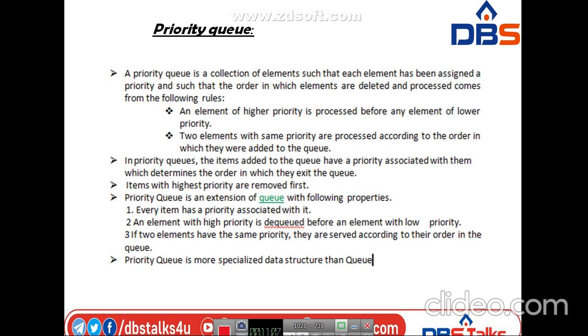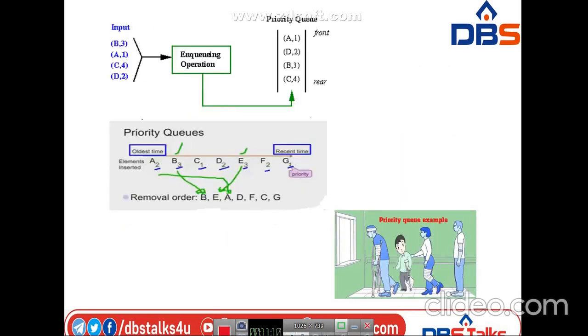See here, in the representation, generally there is a reservation counter. There are some persons waiting at the reservation counter. In the priority queue concept, there is one physically handicapped person who came to the front of the queue. Generally, we are going to give the chance to that person to take the tickets. Here we are giving priority, so it will not strictly follow the concept of first in first out.